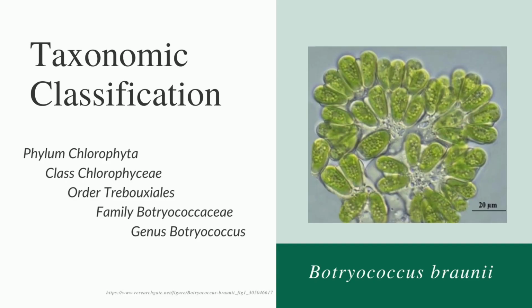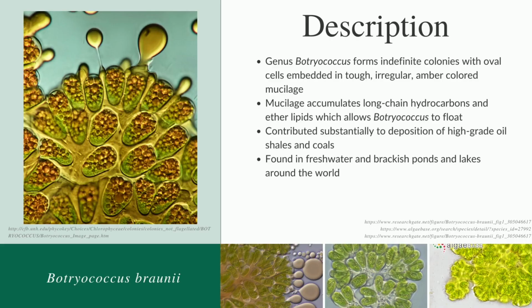Next is Botryococcus braunii from the family Botryococcaceae. Genus Botryococcus forms colonies with oval cells embedded in amber-colored mucilage. One of its widely distributed species is Botryococcus braunii, found around the world. What's fascinating about B. braunii is that its mucilage forms hydrocarbon oils, which allows it to float. And because it does that, it is said that B. braunii has contributed substantially to the deposition of high-grade oil